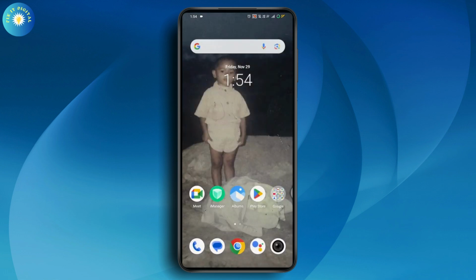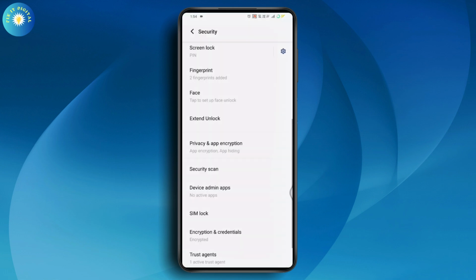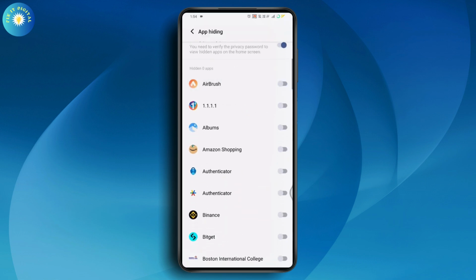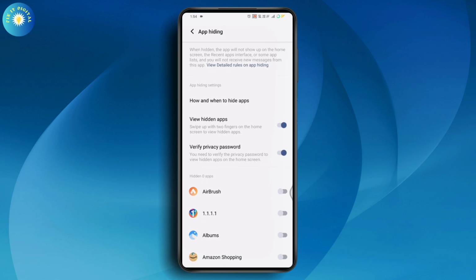But if you're not being able to do that, then just go with your settings, go with the app hiding, and here you just need to simply go and turn the app off or the hidden off, and after that you will unhide the application. So that's how you can